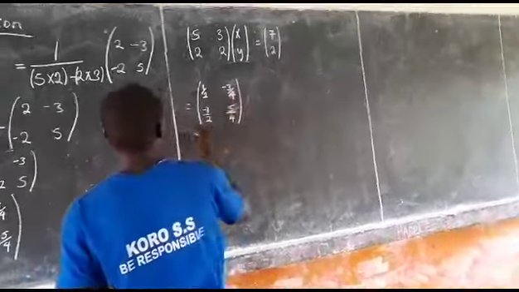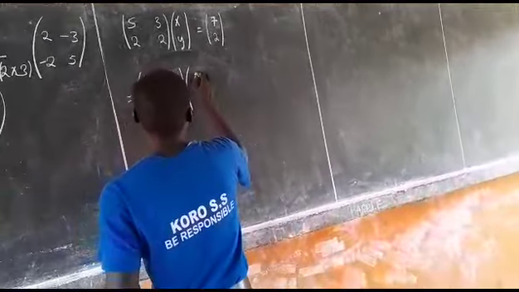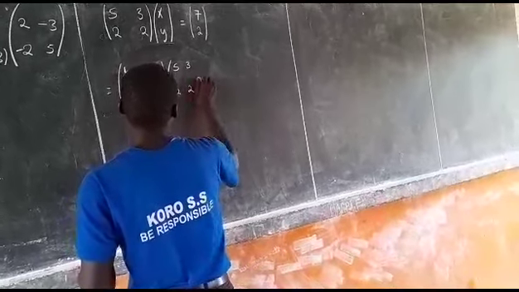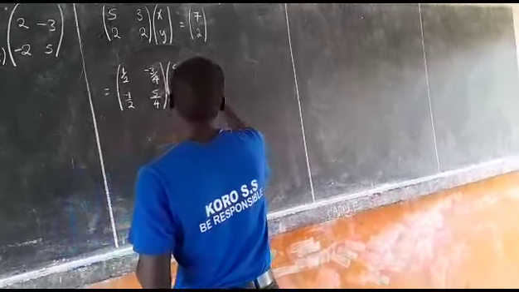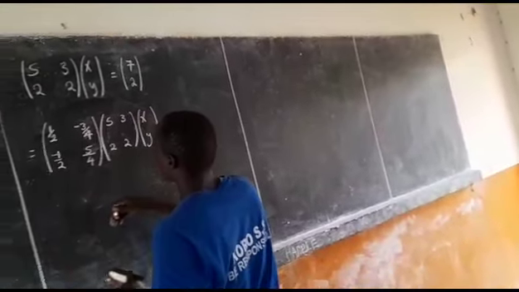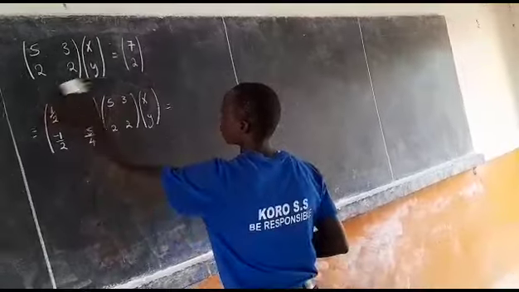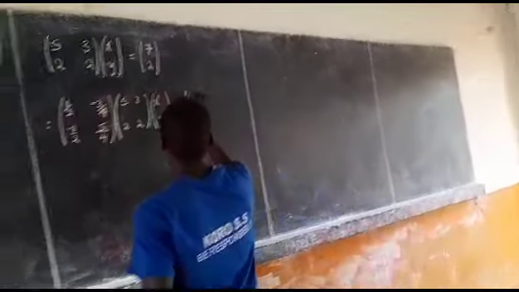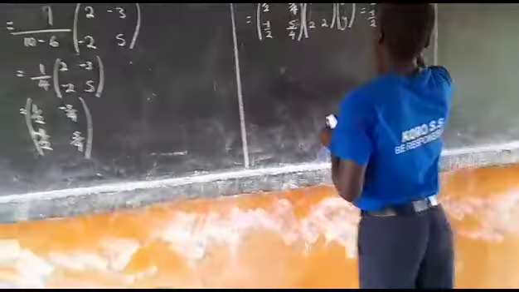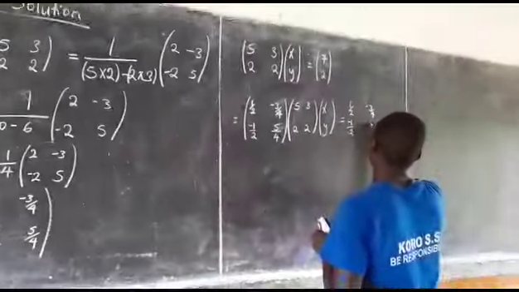We are going to pre-multiply both sides by the inverse which we have got. Here is 5, 2, 3, 2. Then here is x, y, which is equal to pre-multiply. That means we are going to multiply both sides by the inverse. Here is 1 over 2, here is negative 1 over 2, here is negative 0 over 4, here is 5 over